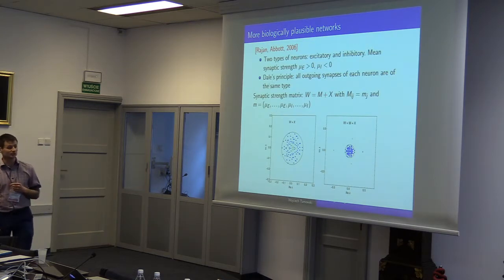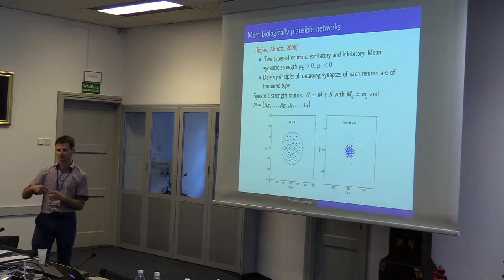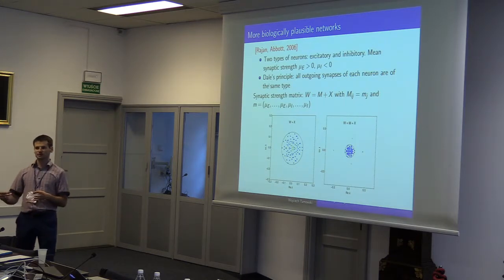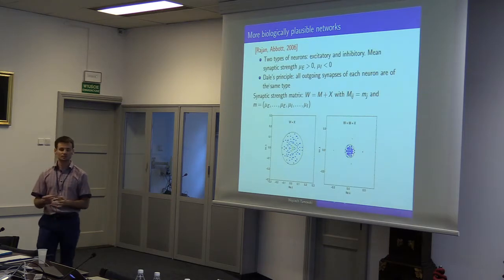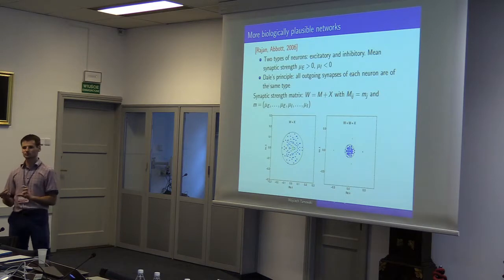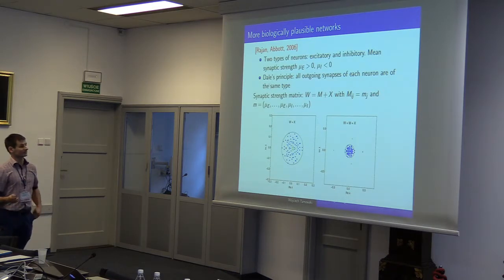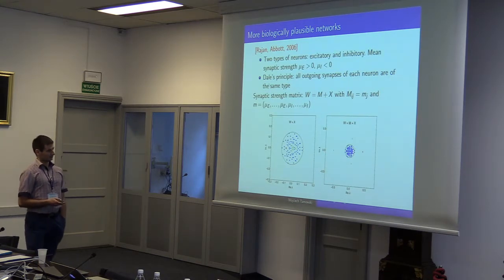And there is also an observation from neuroscience that if a neuron excites one of its neighboring neurons, it must excite all of them. So the transmitter that this neuron sends to all the neurons that it couples is of the same type. It's either excitatory or inhibitory. There are no mixed neurons. And they updated this synaptic weight matrix in such a way that